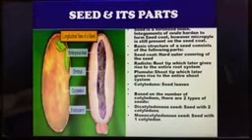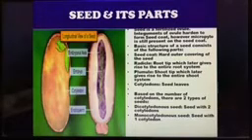Now based on the number of cotyledons, you know that seeds are of two types. You studied this in lower classes, in 9th class also, right? Seeds are classified into two types: dicot, as the name suggests, di means two. If two cotyledons are present in the seed, then it is said to be a dicot seed. You must have seen dicot seeds, right? Pea, gram, kidney beans. Most of the pulses are dicot.